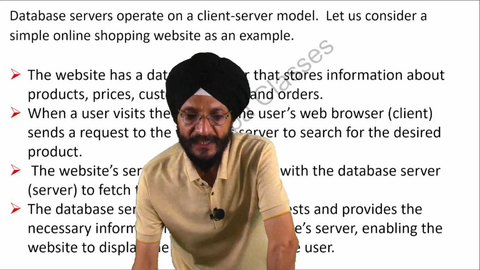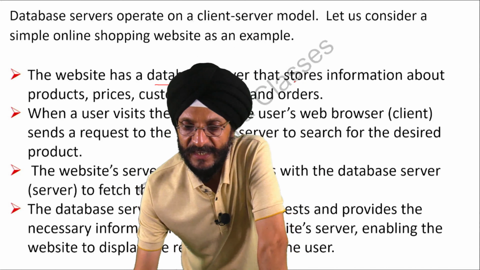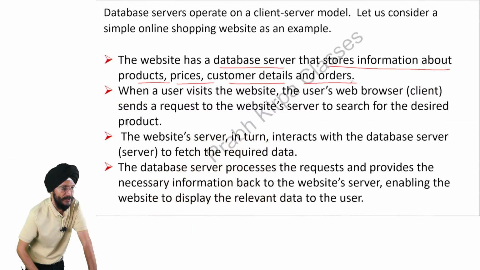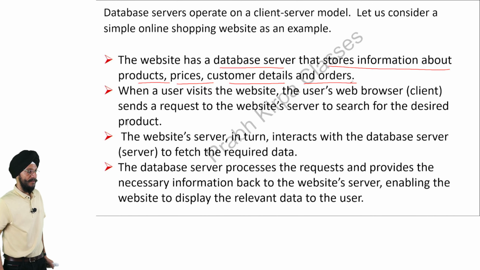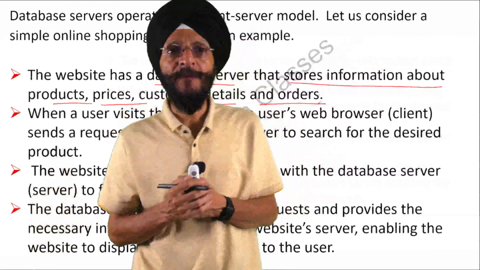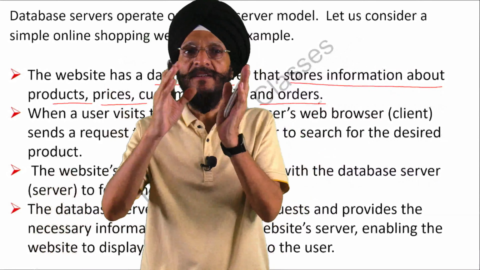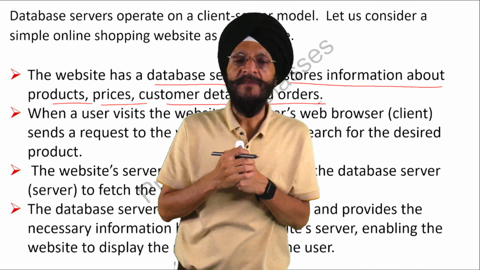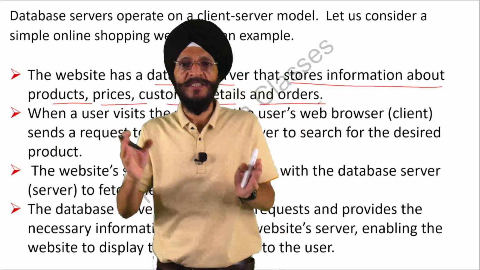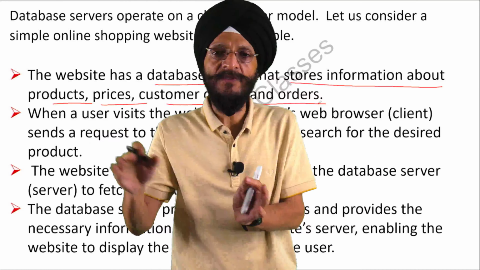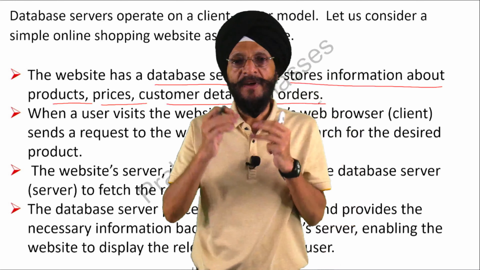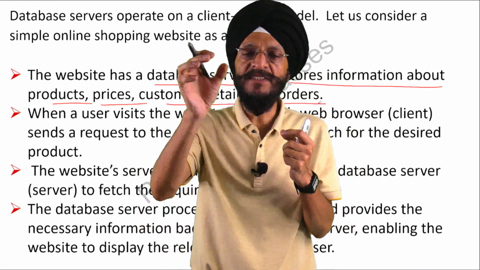The website has a database server that stores information about products, prices, customers' details, and orders. We take the example of, say, eBay. That eBay site has a database server where all the information in respect of the customers, products, orders, and prices of the products, all the information is stored in the database server. When a customer visits the site,